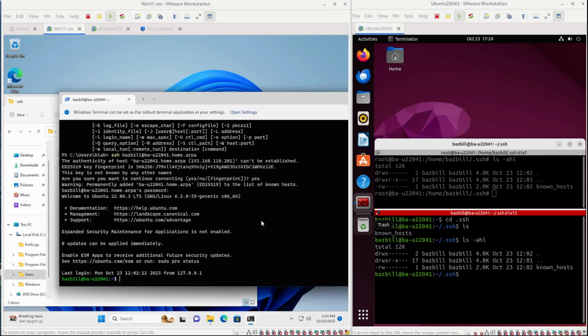Now, connecting with a username and password, that's not the best idea. That can lead to brute force attacks where people can try to get into your system. A much more secure method of doing SSH connections is generating a key pair. Let's click back over to Windows and let's create a key pair. So in order to create a key pair, you type